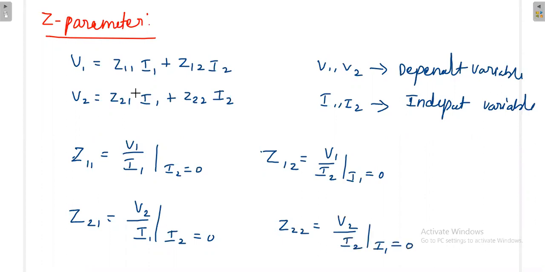So it is always better to remember this equation, and from this equation you try to write this so that you will not make any mistake. Or otherwise, you can also write it directly. For example, this one will come in the numerator, this one will come in the denominator. That means the first term will come in the numerator and the second term in the denominator. Say, for example, how to write without this equation.